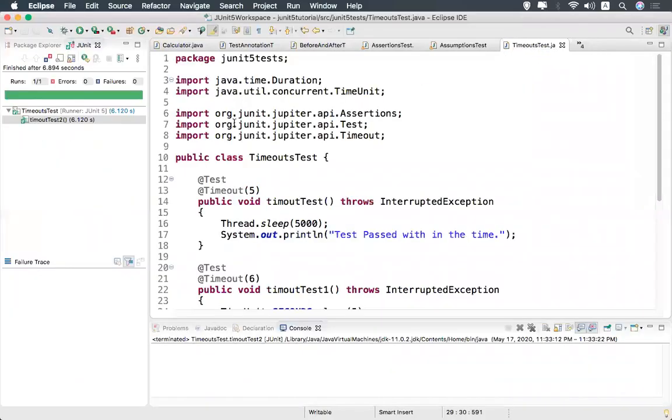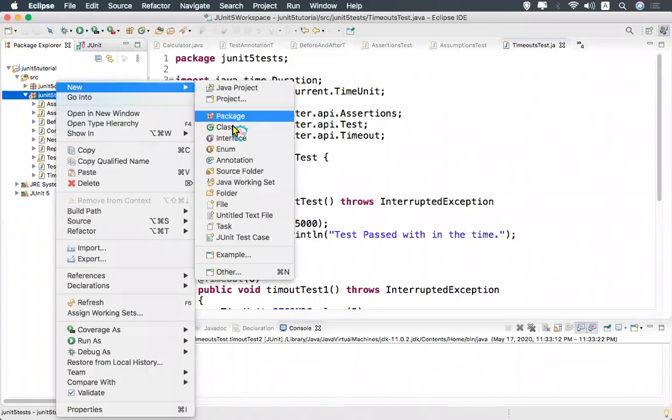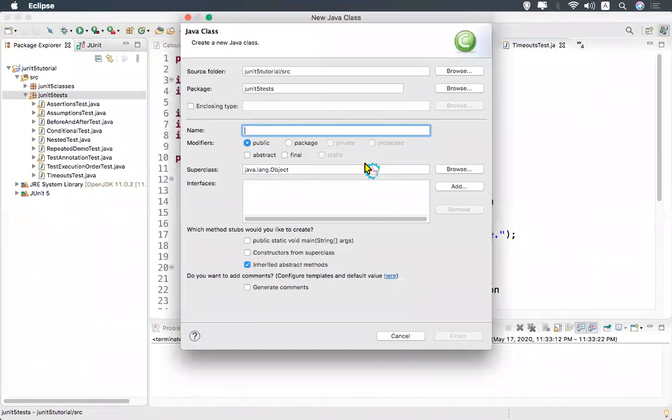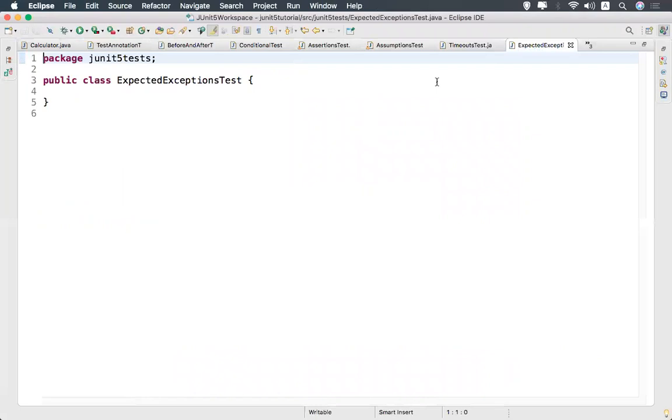Here I'll create a class, ExpectedExceptionsTest, I can say. We'll see this by taking one example.